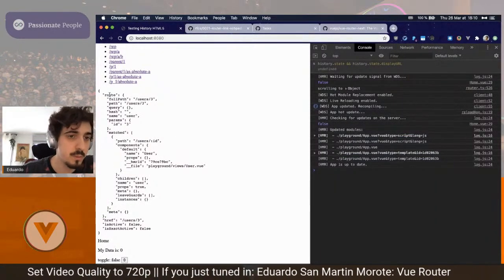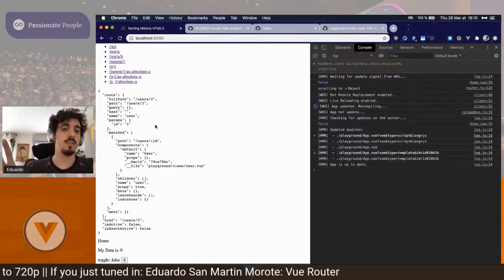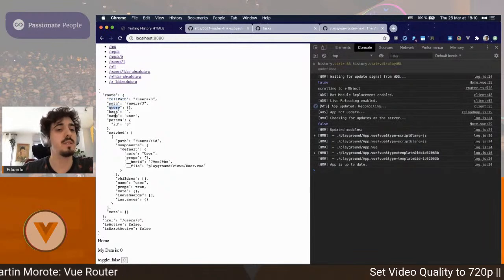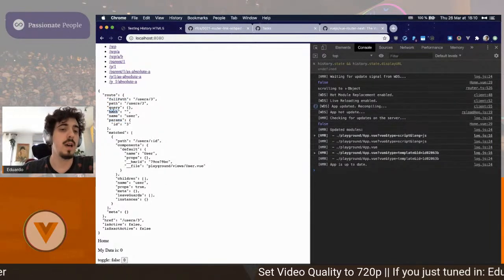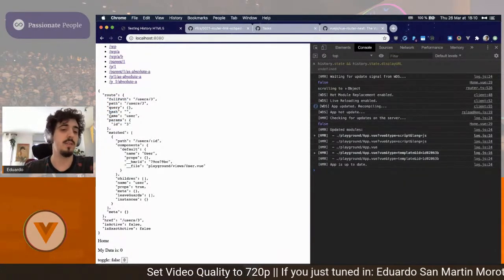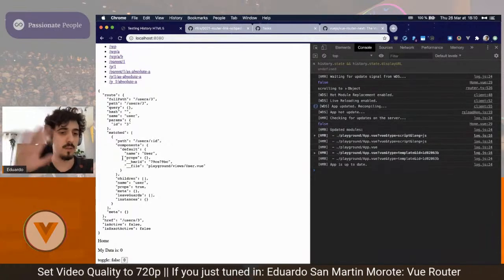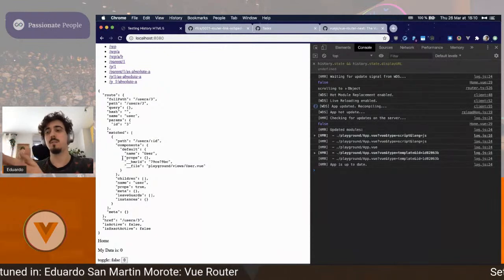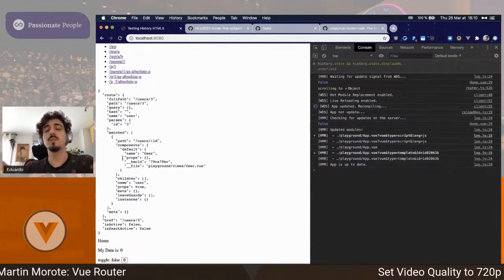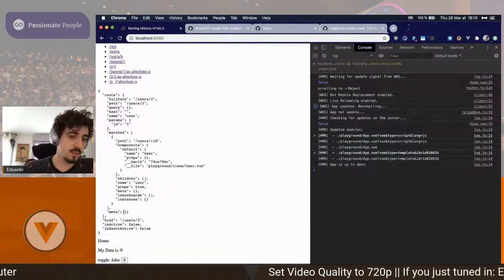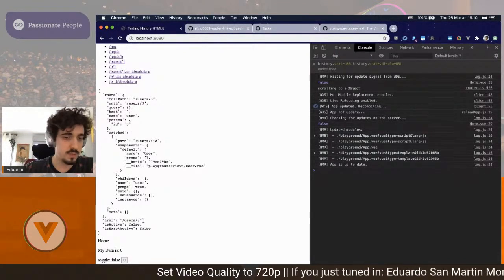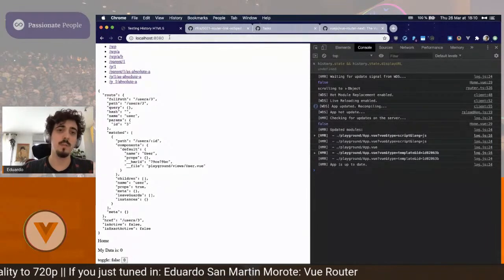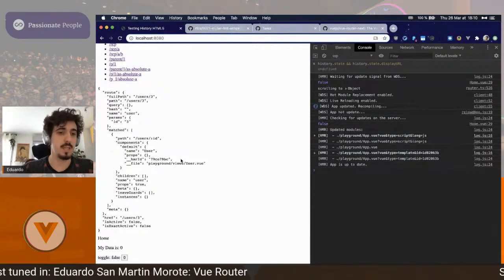But we have the route, which is a normalized version of a location. So we have things like the full path, the path, the query as an object, the parameters as an object, the hash as well, the name of the route if it has any, and then matched, which is an array of route records that we use to render the view. We have the meta as well. And here you can see that the href is users3, isActive is false, and isExactActive is false as well, because we're on slash, so it's not going to change yet.